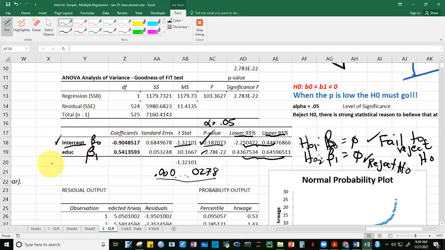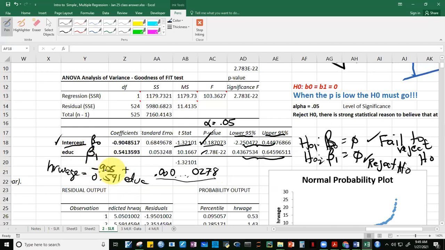Well, we have our equation. Ginawa natin ito dati. Hourly wage is equal to negative 9.90405 plus 0.541 times education. Okay, ano interpretation ito, guys? Interpretation of this. For every 1 unit increase in education, ang education natin in years, kaya sinasabi natin, for every 1 year increase in education, there's a corresponding 0.541